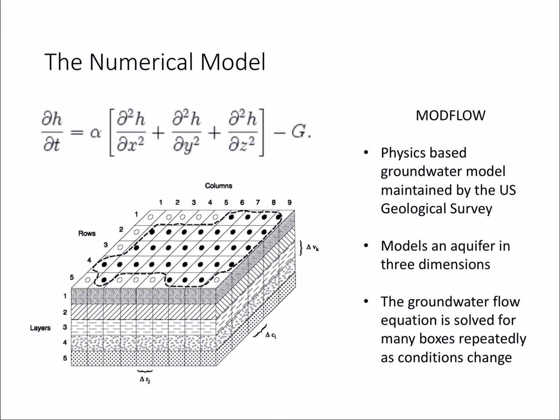So you can see that this box here is actually made up of lots of little mini boxes. And there's this equation on top of that that determines the physics-based equation of how the groundwater should flow from one box to another. So this equation is solved for every one of those little itty-bitty boxes for every time step. So they may run this model where each time step is 1 day, and they might run it for 100 years. So you're going to have to solve that equation for each of those boxes 100 times. And the terms are going to update every time as water moves throughout a box. Each of those terms or parameters in that equation is going to change.